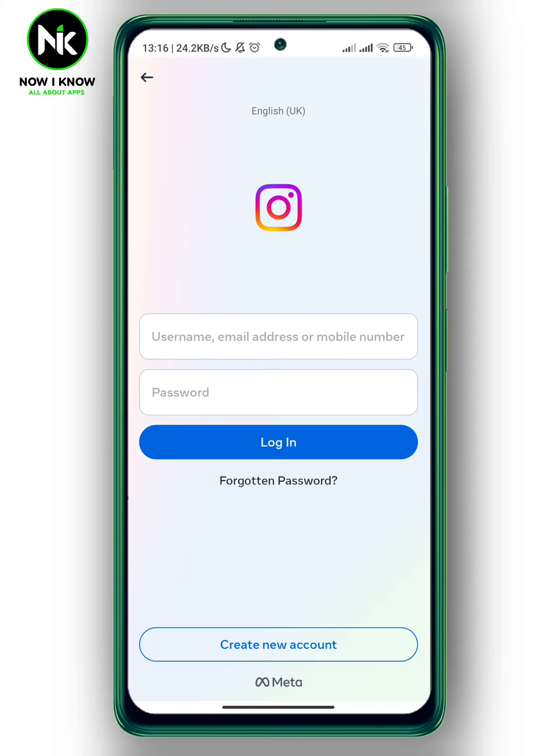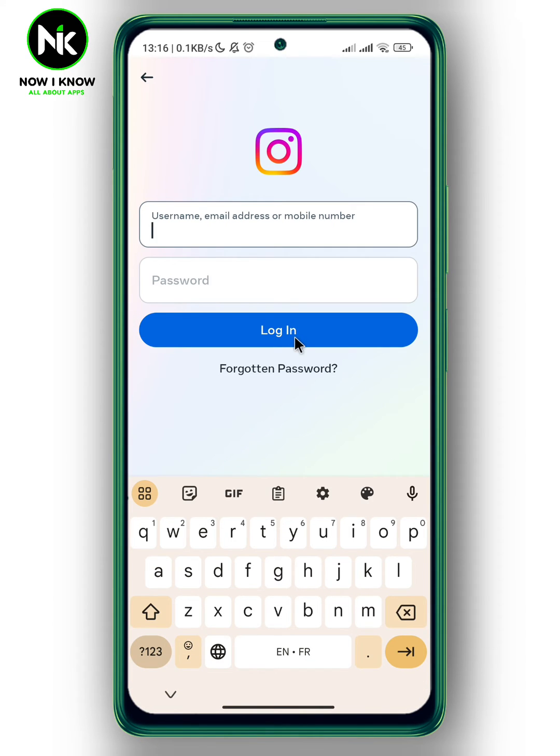After getting the app, if you're trying to log into your Instagram account, but every time you try to enter your username, it keeps showing username is not available or it is incorrect. So here, instead of typing your username, you can type in the email address that you used to sign up